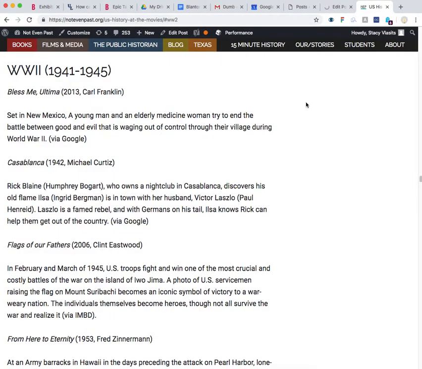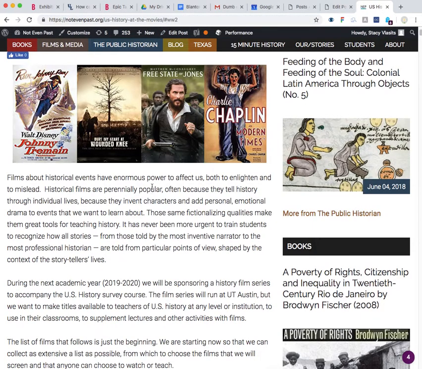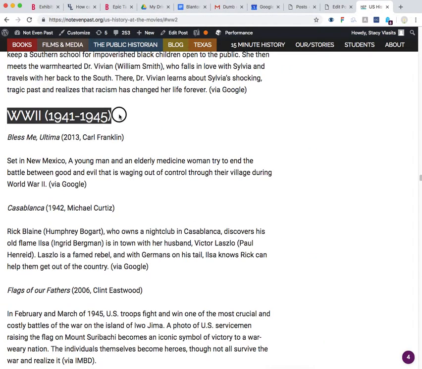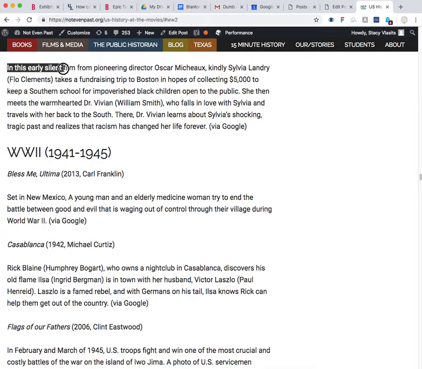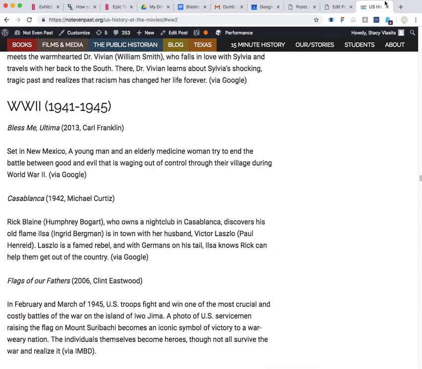So let's see now. Does it work better? Gotta wait till it's done loading. Load the page. And if I click here, yeah, so now it shows that title more in the center of the page. So basically what happens when you click that link, whatever you set that link onto, it'll set the top of that even with the top of the page. So anyway, hope that helps. Call me if you have